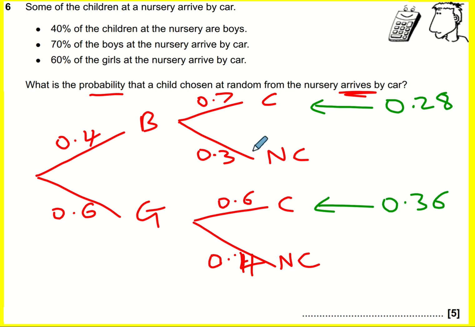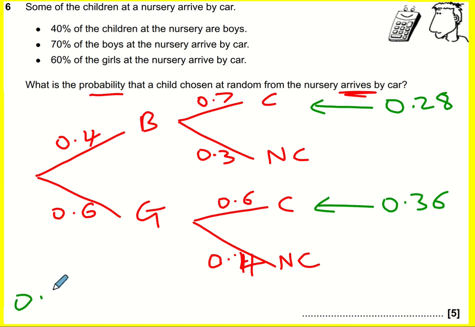I could work out the other ones, and sometimes when I teach it, I say, yeah, just find them all. But I'm not going to do that here. I'm not actually interested in those that don't arrive by car. What I'm interested in is these two numbers, but it could be either these or these, so I need to